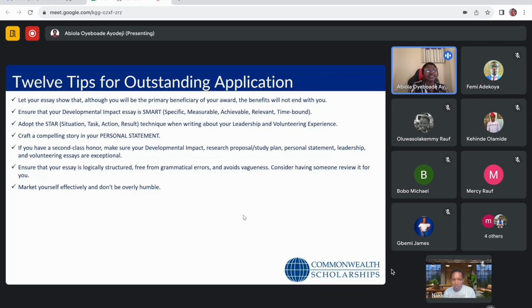For instance, when I wrote mine, I talked about how I delivered my responsibility excellently well. I talked about a position that was a merit position based on academic excellence, leadership achievement, and moral standard. I'm letting them know that I have academic excellence, I have leadership achievement, and I also have moral standard. I'm selling myself out to them. In the second paragraph, I said my compelling charisma contributed to my victory. I'm telling them, look, I'm not just coming here, I think I have what it takes. So don't be humble. Sell yourself, market yourself effectively.